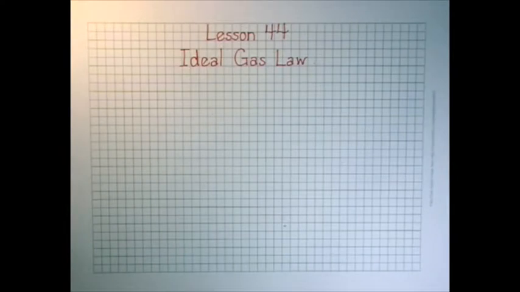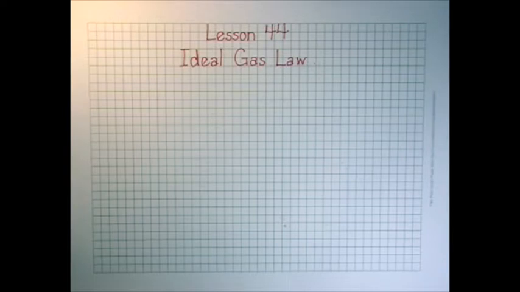As we continue our quest for equations that will describe how pressure, volume, temperature, and number of moles affect each other in gases, we realize we haven't changed the number of moles. We haven't added any gas to our sample or removed any gas from our sample. We've just been juggling pressure, volume, and temperature. So as we move into allowing for the number of moles, we're going to have to switch over to another law called the ideal gas